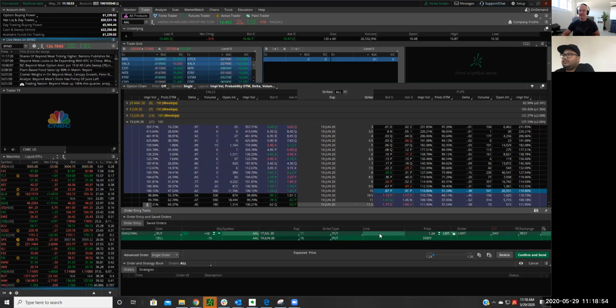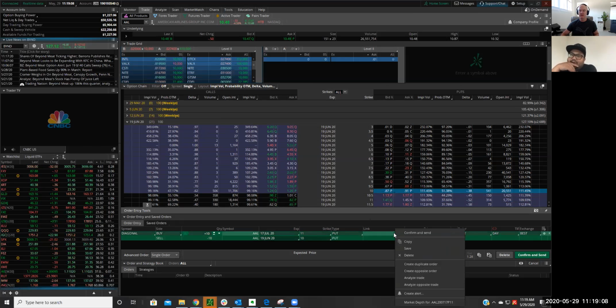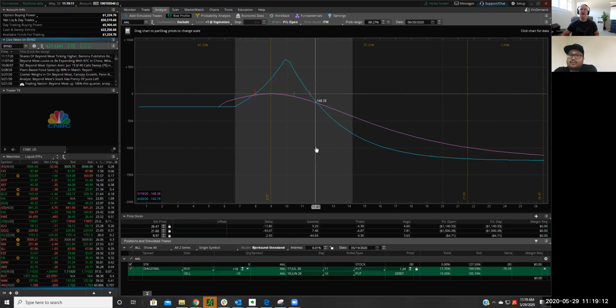So you prefer to give it more room. See, I like to collect a lot of credit and a lot of premium and give these things small things, but you could widen it out if you wanted to. But doesn't it? I mean, if it goes outside of that window, isn't that when I lose money? This is not a neutral trade. This is a bearish trade.